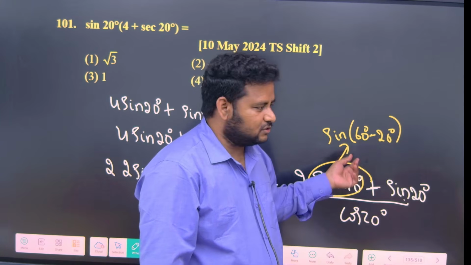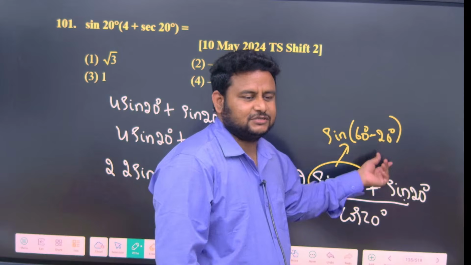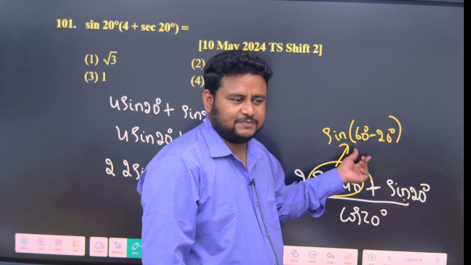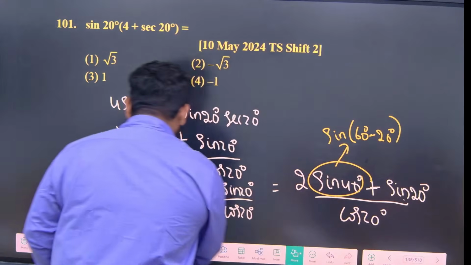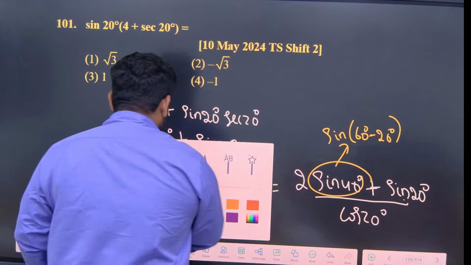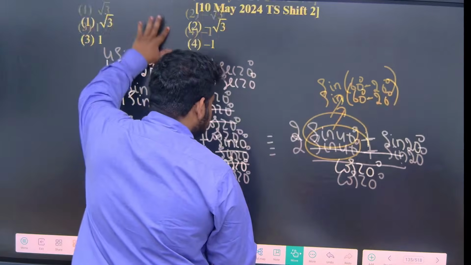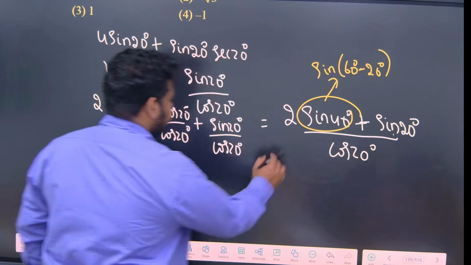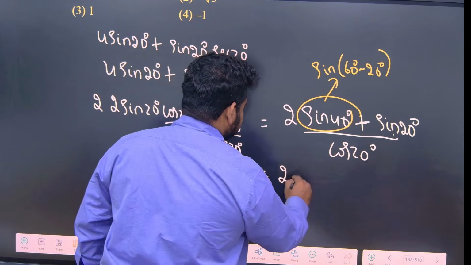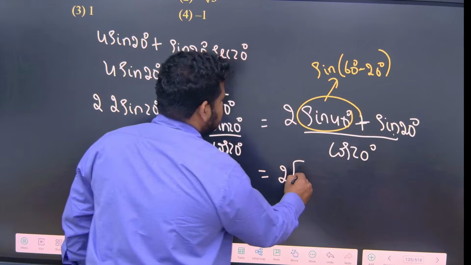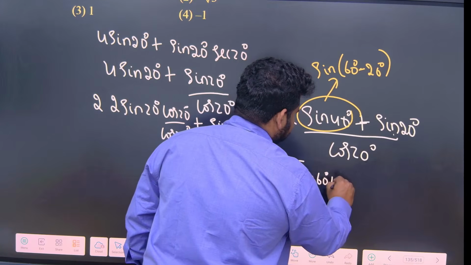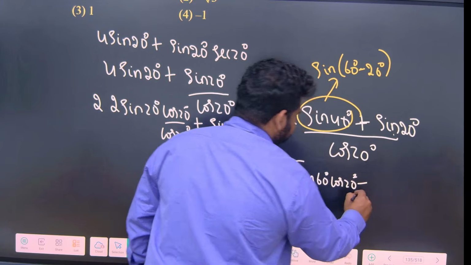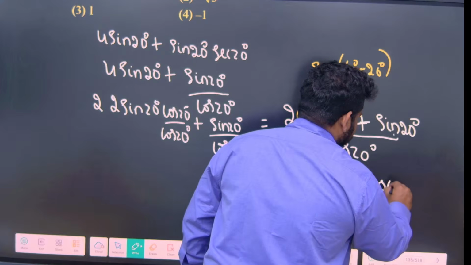So what we should do? This is sin A minus B. Sin A minus B is what? Sin A cos B minus cos A sin B. If I apply it here, forget about this 2, keep it as it is. So this will be: sin 60 cos 20 minus cos 60 sin 20